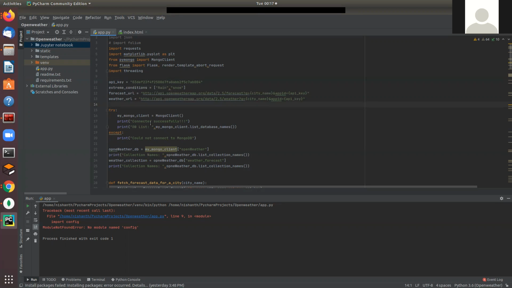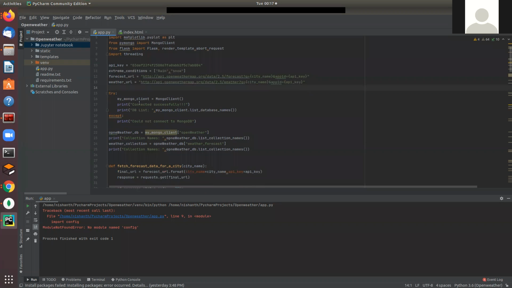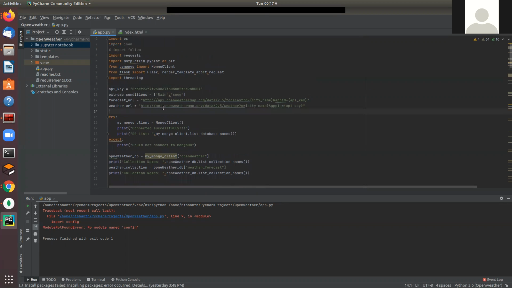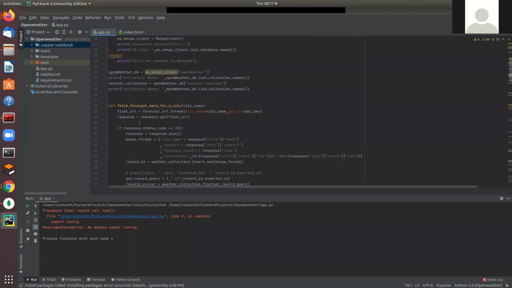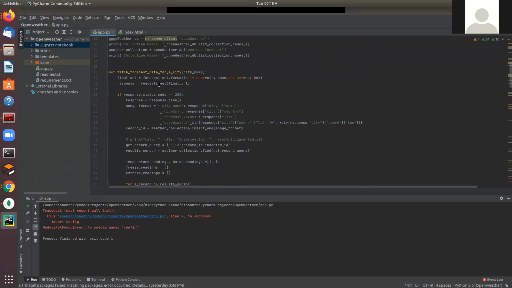Once these URLs are obtained, we try to establish a connection with the MongoDB database. We try to establish the connection on the default connection of the computer. Fortunately, our connection was successful, and we are able to connect Python with the MongoDB. So as you have already seen this previously,